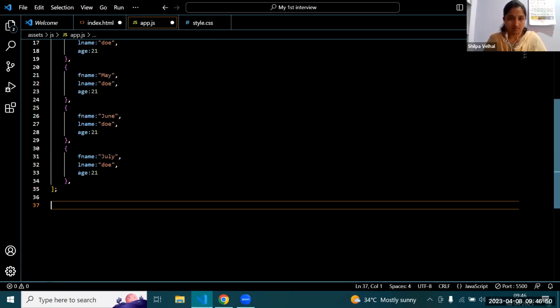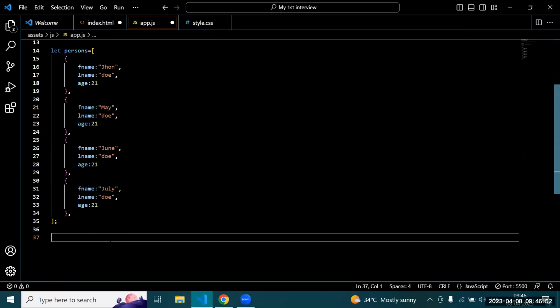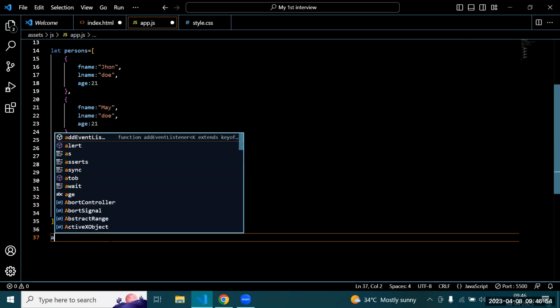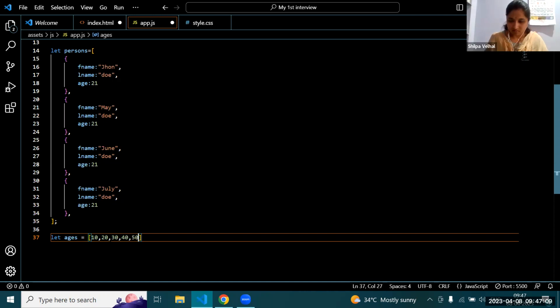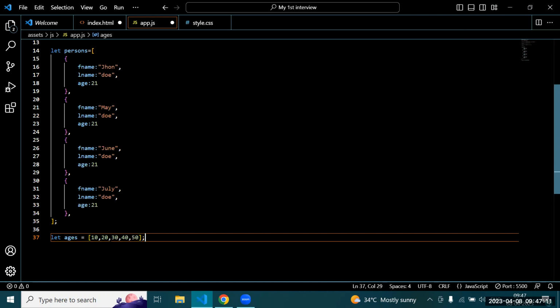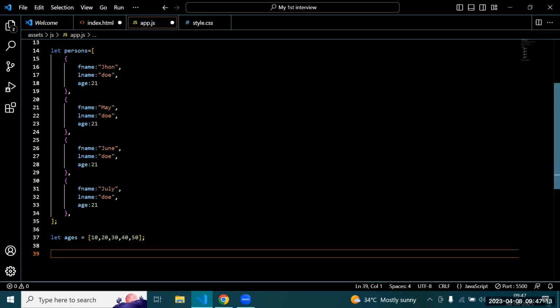Share your screen and go to JS. Yes, sir. Take one array of ages. Take numbers 10, 20. Yes. So I want an array in which all the ages must be double.